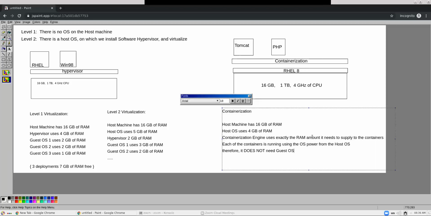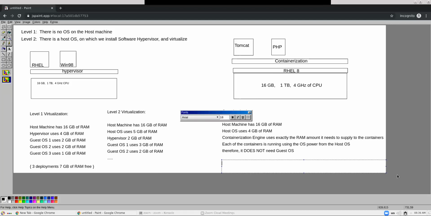And another benefit, so this is just from the architectural point of view. Another benefit that comes into the picture: let's say in a VM kind of architecture, you want your RHEL machine to have a little bit more RAM. You have to stop it, add more RAM virtually, and then start it once again. In containerization, resource management is dynamic